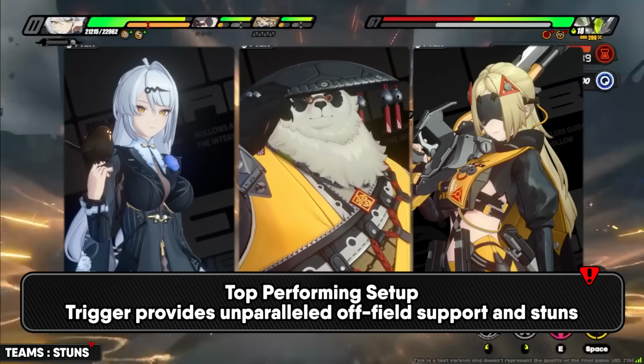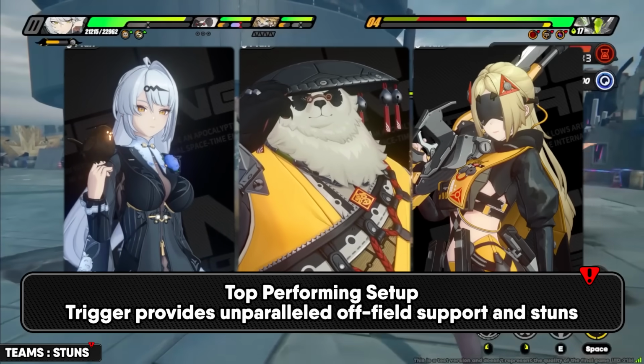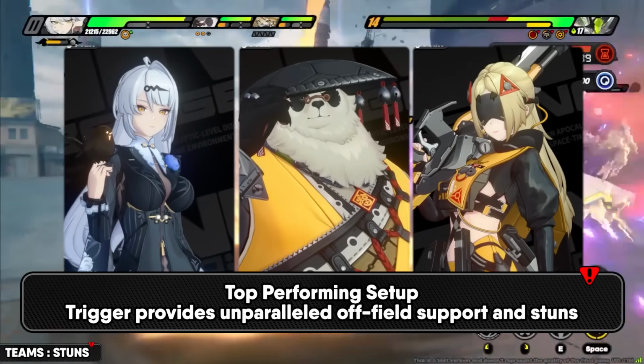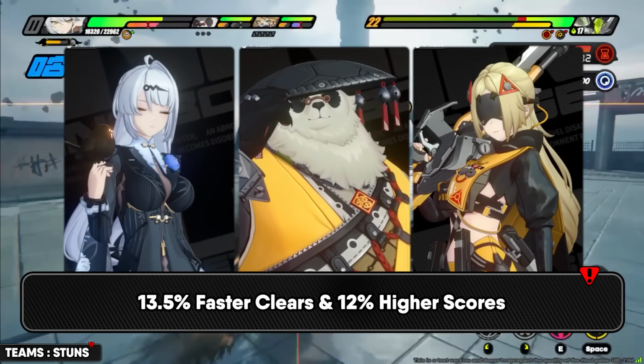Now this is of course mainly due to Trigger, as her off-field nature and buffs are insane, but what's even more impressive about this is that Trigger didn't even have her additional ability active when putting up these insane performances. Now in addition to this, Trigger does also put up 6% better scores and 10% faster clear times even compared